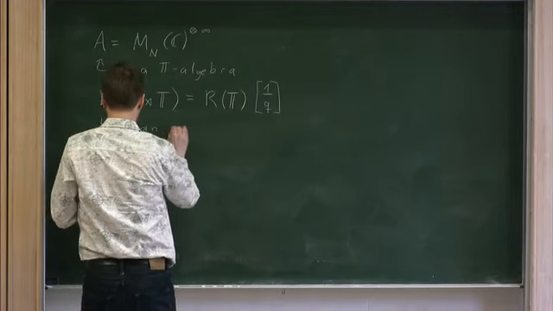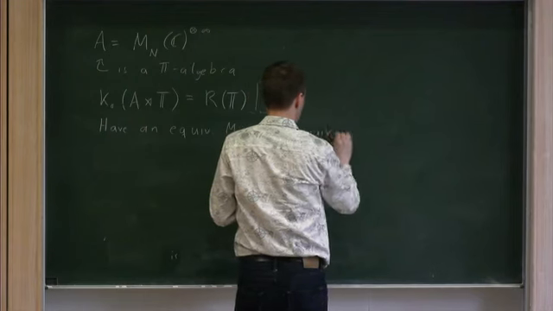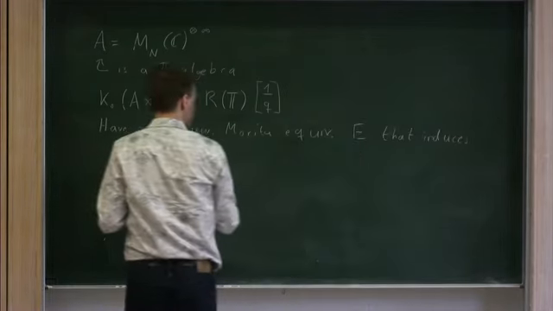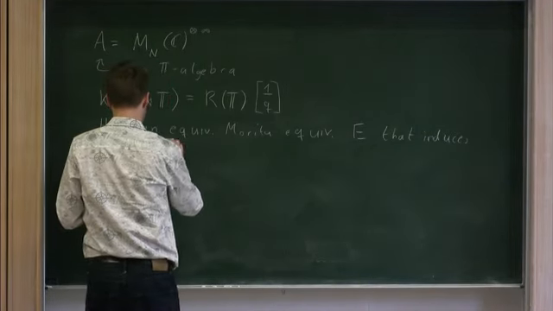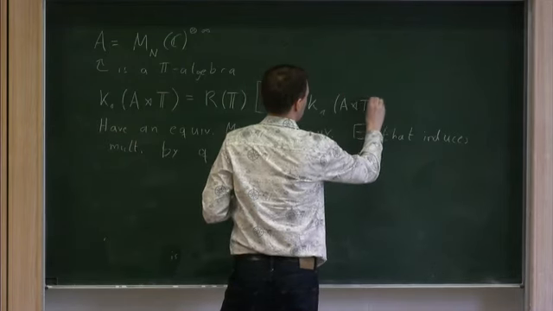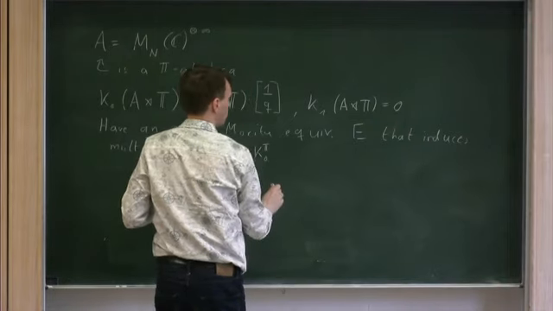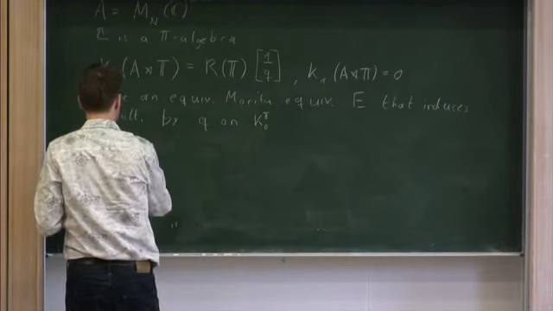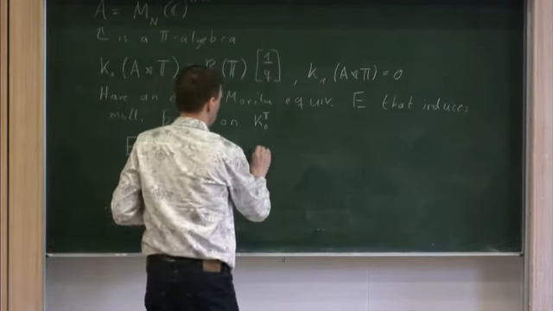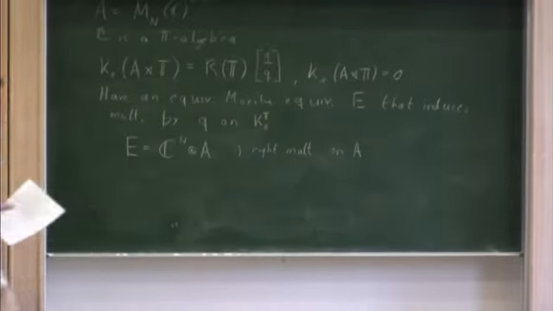And the thing is, we have an equivariant Morita equivalence that induces multiplication by Q. Oh yeah, by the way, this is on the equivariant K0. And this Morita equivalence is just given by C to the n tensor A, where the right multiplication is just A multiplying from the right on A, and the left multiplication